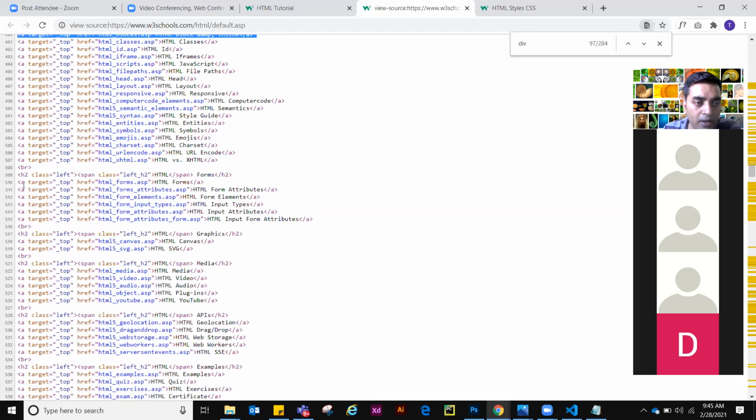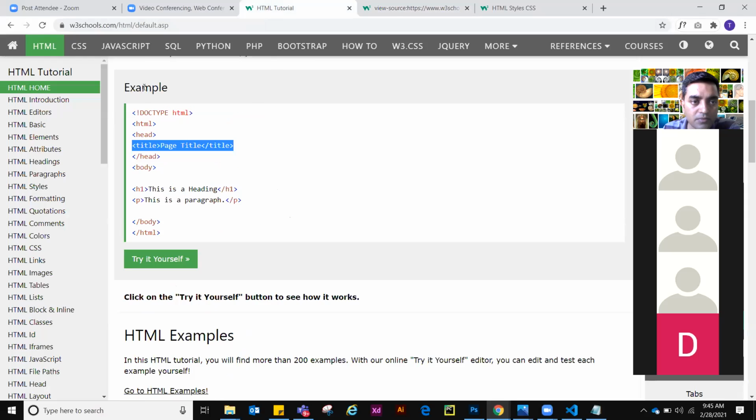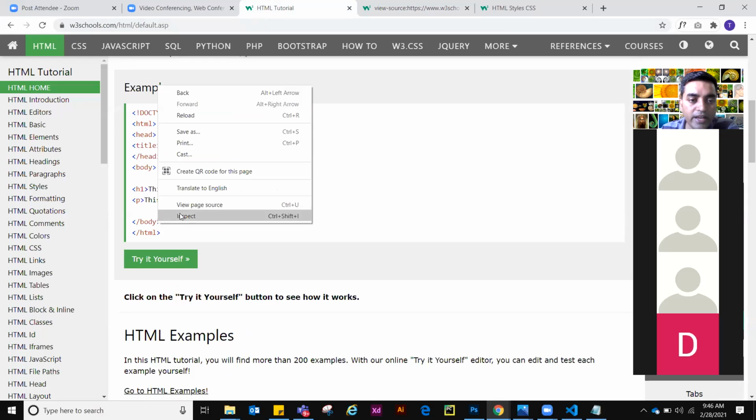That is the H1 tag, H tag. There are 5, H1 to H5, that essentially give different text sizes. Over here, they have used H1. So if I go to this page and I want to check the code behind this example, what do I need to do? Right click and inspect. Very good.